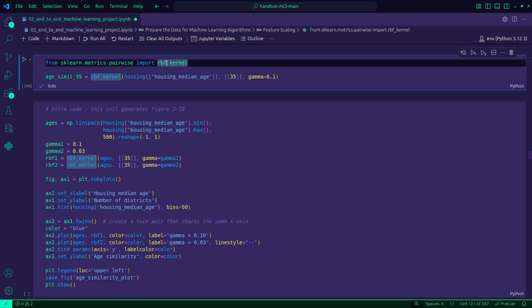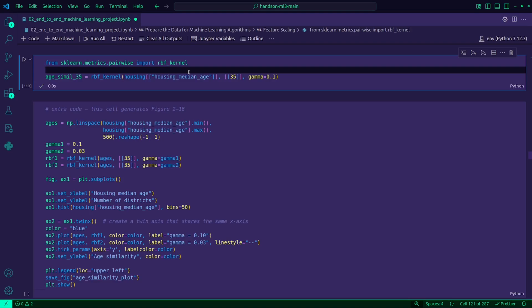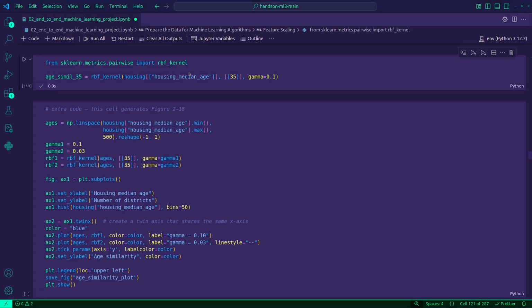So what is this RBF kernel? The RBF kernel is a way to measure how similar two values are based on how close they are, and it outputs values between 0 and 1. Close values have a similarity of 1, distant values have a similarity of 0.